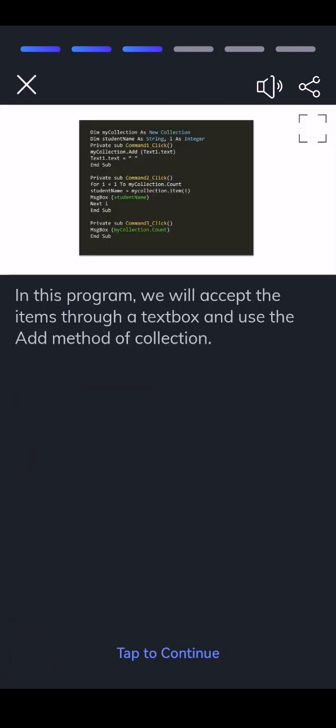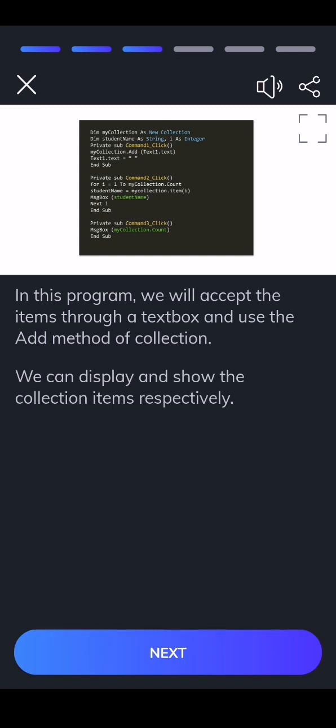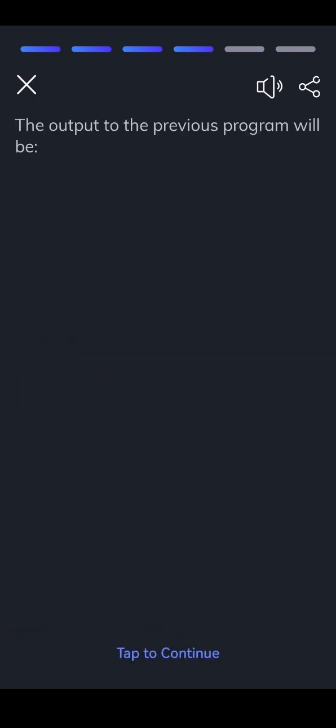In this program, we will accept the items through a text box and use the Add method of the collection. We can then display the collection items respectively. The output of the previous program will be: